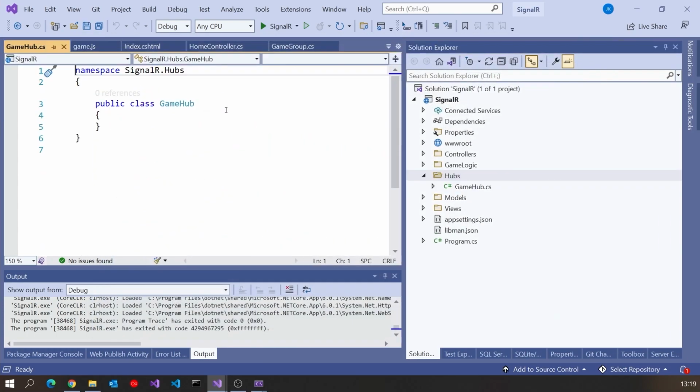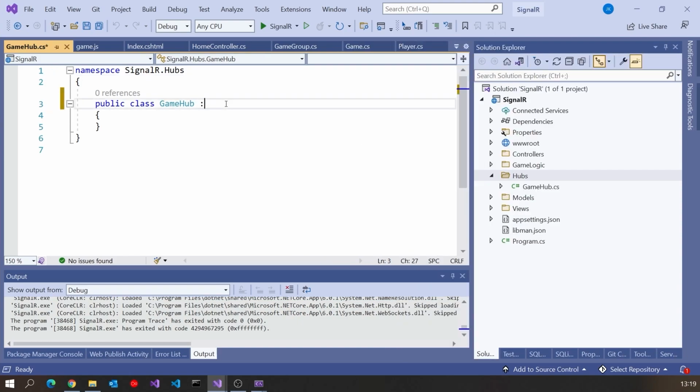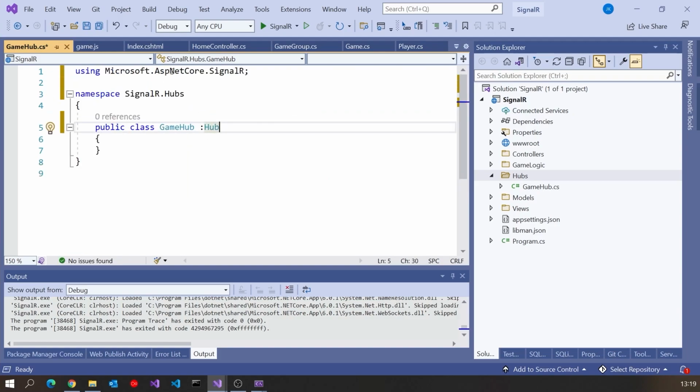And so there we've got the class, and what we'll do is derive that from a base class called Hub, and we will get hold of the namespace for that. So you can see there it is in Microsoft.AspNetCore.SignalR. So thing to notice, you don't need a separate NuGet package in here. It's actually part of the basics that you get out of the box when you create the MVC application.